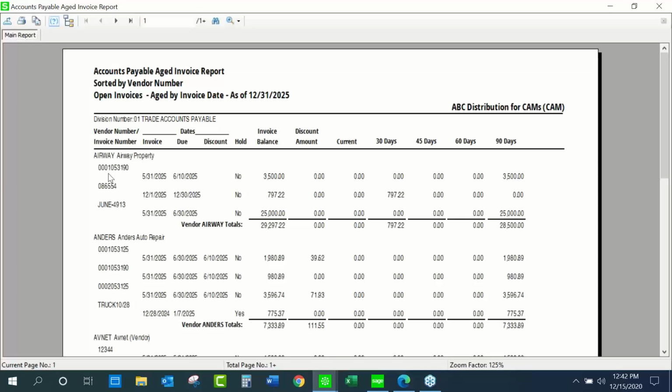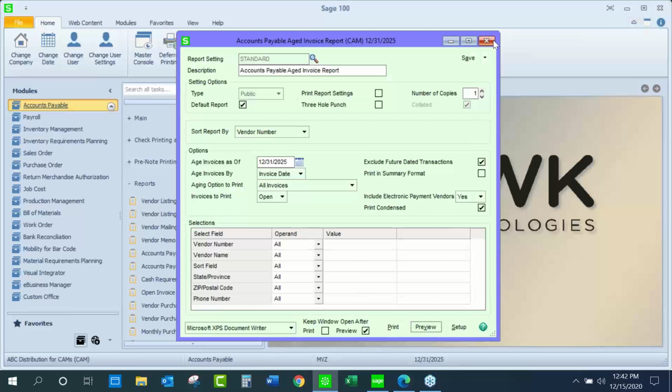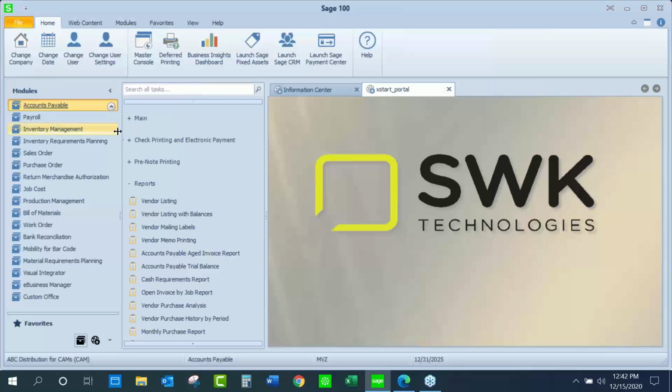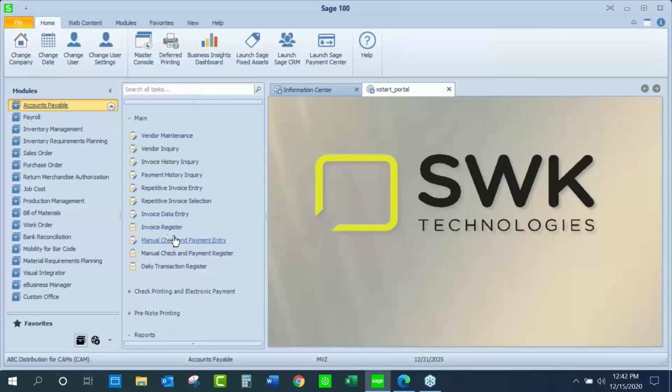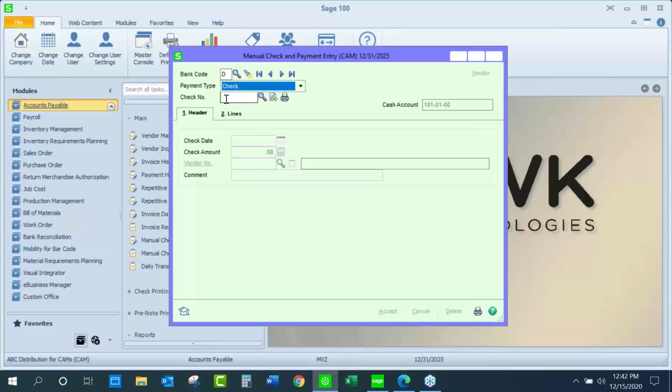Another thing that I see that sometimes people aren't aware of is, let's say they have a vendor. They haven't worked with a vendor for years, and there's a debit and there's a credit on the account. How do you get rid of something like that? It's not very apparent where you do that, but if you come into manual check entry, and if you start